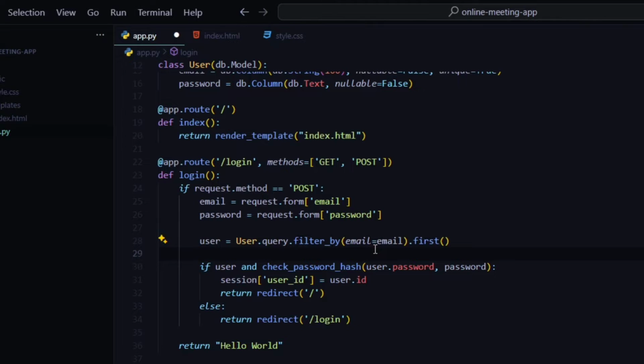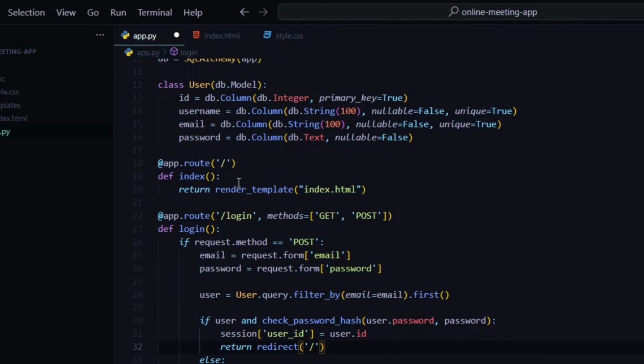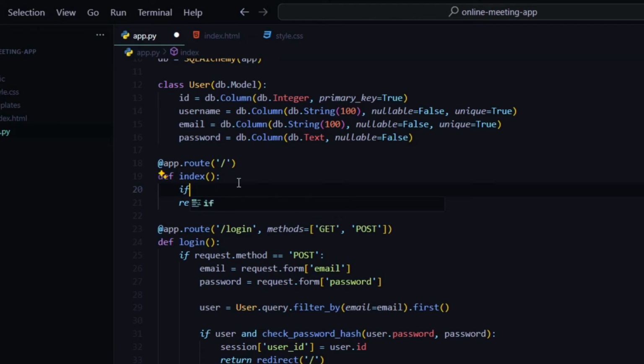So here we are grabbing the user by his provided email, and then we are checking if the user exists, and then we are checking his password using check_password_hash, and if the condition is true, then we are changing the session's user ID key to user.id, and then we are redirecting him to the /. Alright, now in this index what we have to do is check if